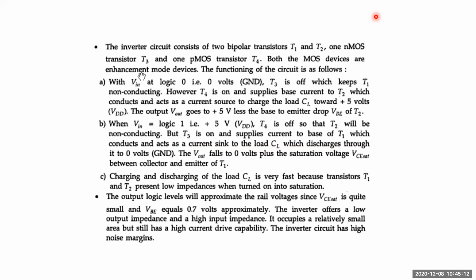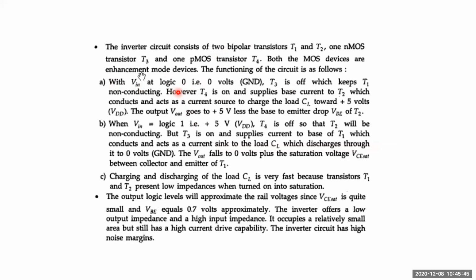The inverter circuit consists of two bipolar transistors, T1 and T2, one NMOS transistor T3 and one PMOS transistor T4. Both MOS devices act as enhancement mode devices here. Enhancement mode means you are supposed to supply some input in order to create a channel first. The functioning of this BiCMOS inverter is as follows. Whenever you supply Vin equal to logic 0,